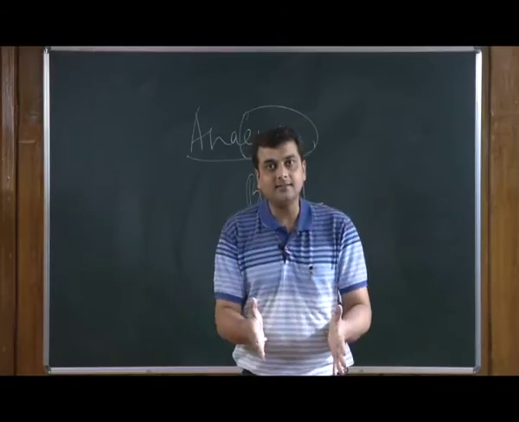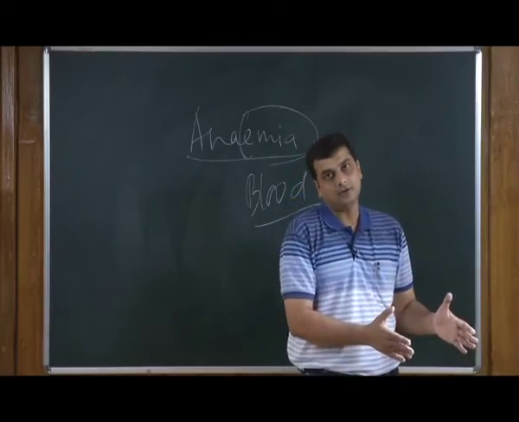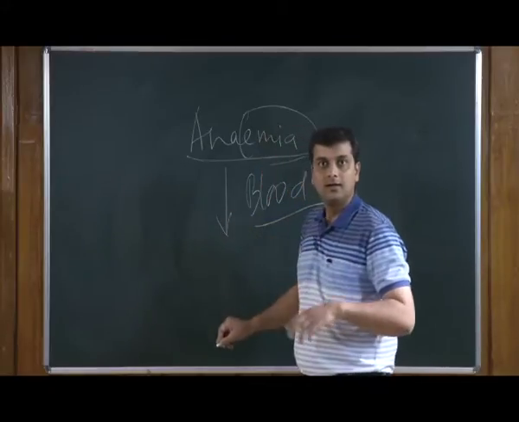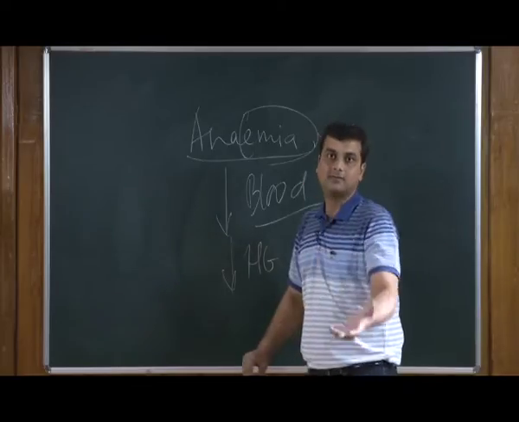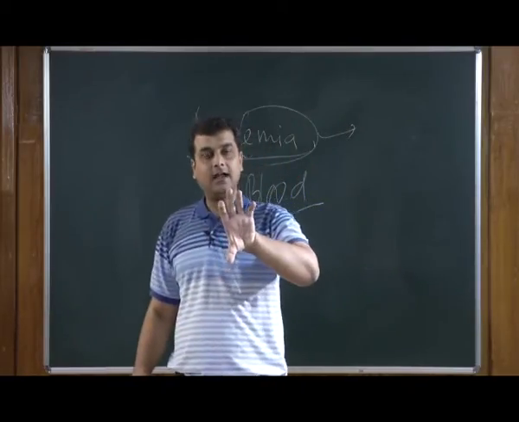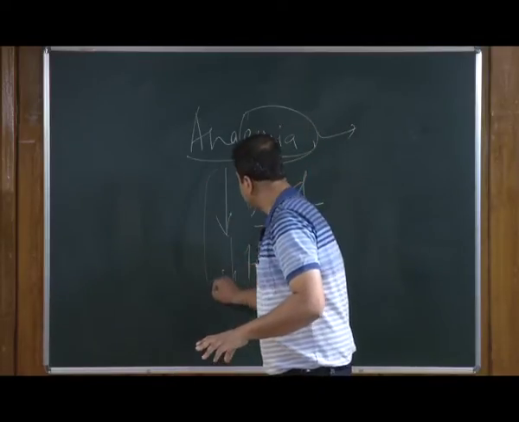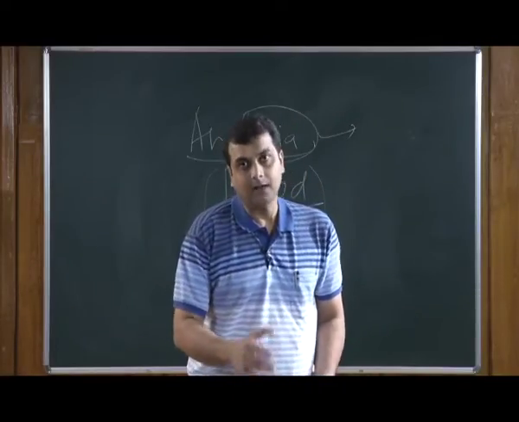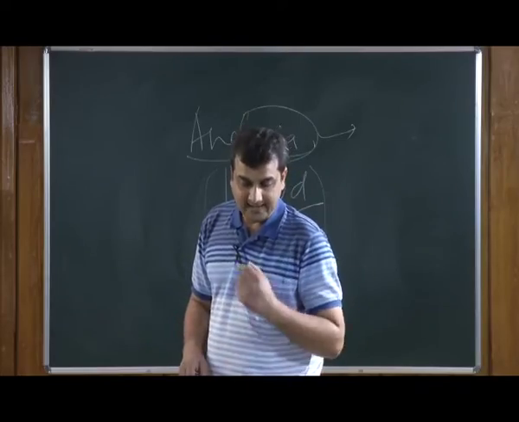So, if blood is less, there is less hemoglobin. If hemoglobin is less, there is less carrying capacity of oxygen. So, anything related to less blood and less hemoglobin is what we call anemic hypoxia. Anything that alters the oxygen concentration because of deviation in the blood volume picture is what we call anemic hypoxia here. So, anemic hypoxia is just a reduced concentration of hemoglobin. The next one is